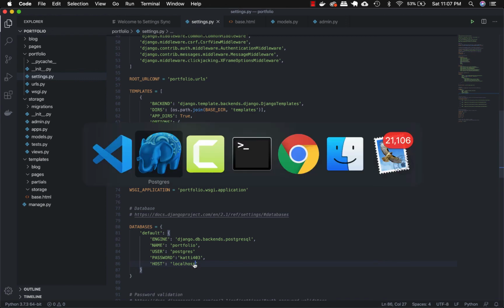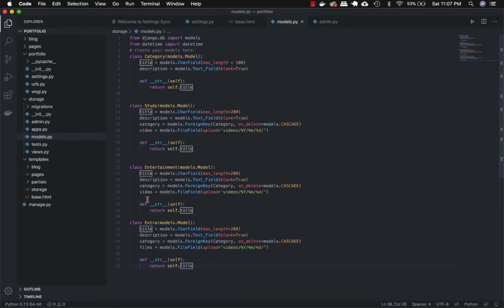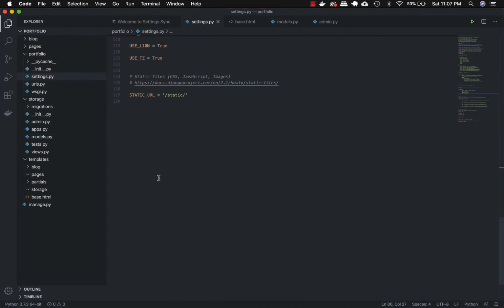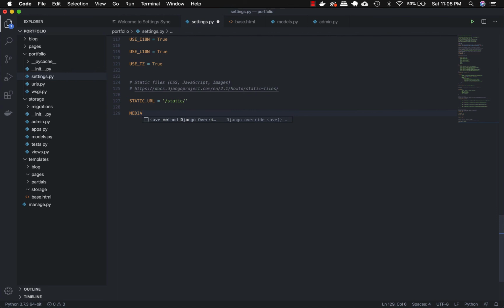So I think that's done. We just have to migrate. Overwrite our media file. We have to define our media file location. We have static URL, and since we don't have any static files yet, I'm not going to define my static root or static file directory. I'll define it in the video where I'll start using static files. For now, I'll just define a media files root, and I'm going to create a folder called